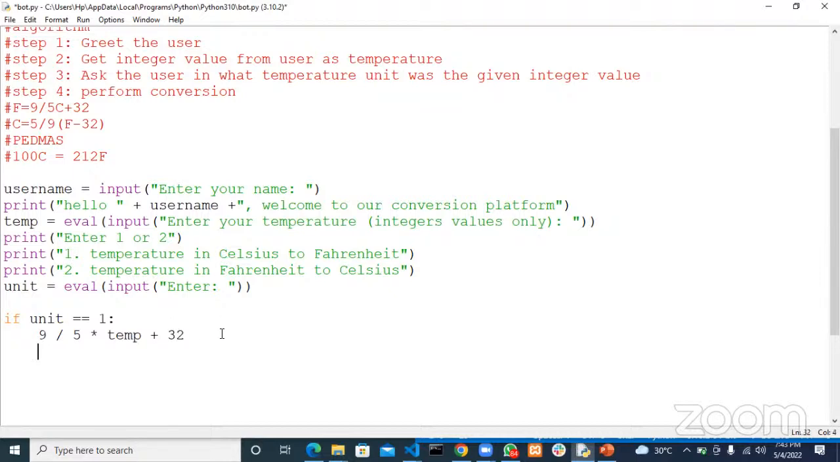And then I'll go ahead and print that. What am I printing? I am printing the temperature you inserted. For 1, it's in Celsius, because the temperature you inputted was in Celsius. That's if you choose 1, temperature in Celsius to Fahrenheit. So the temperature you inputted in Celsius